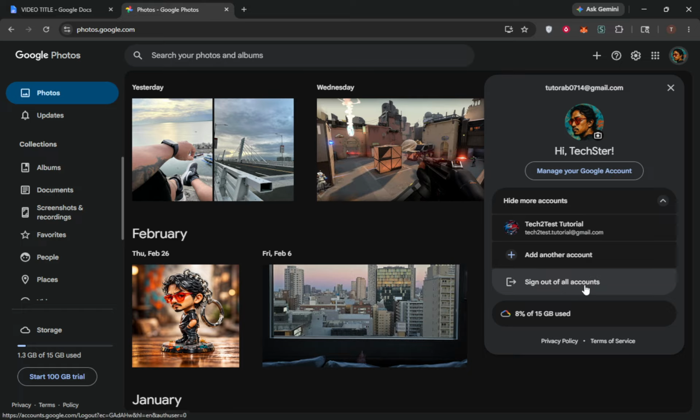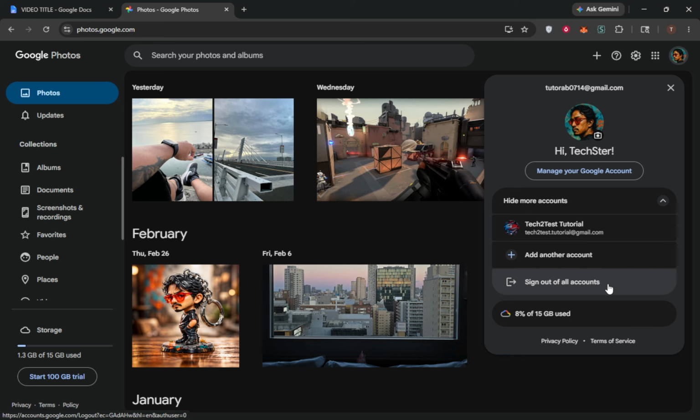Here's what that means in practice. This action applies only to the browser and profile you're currently using. If you have another browser installed, or if you use separate browser profiles on the same computer, those sessions won't be affected. Likewise, your phone, tablet, and any other computers stay signed in unless you repeat this exact process there. If you use a shared or public computer, this is a great way to ensure your Google Photos account isn't left open for the next person.